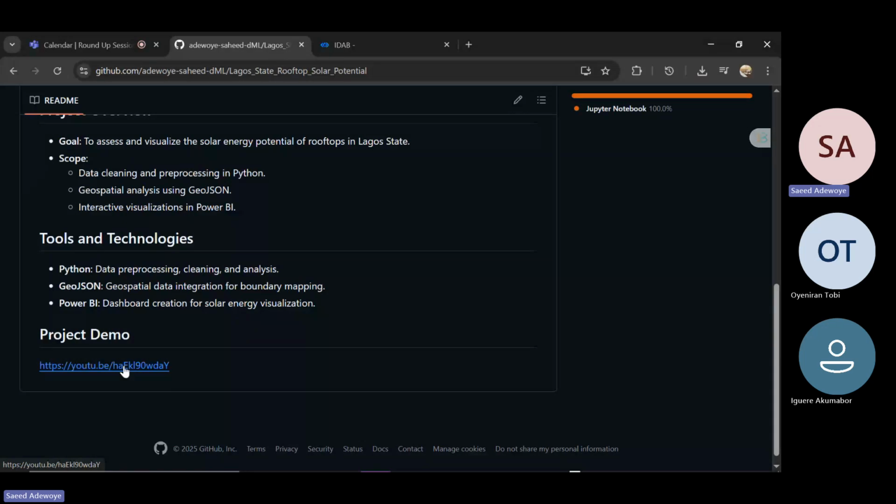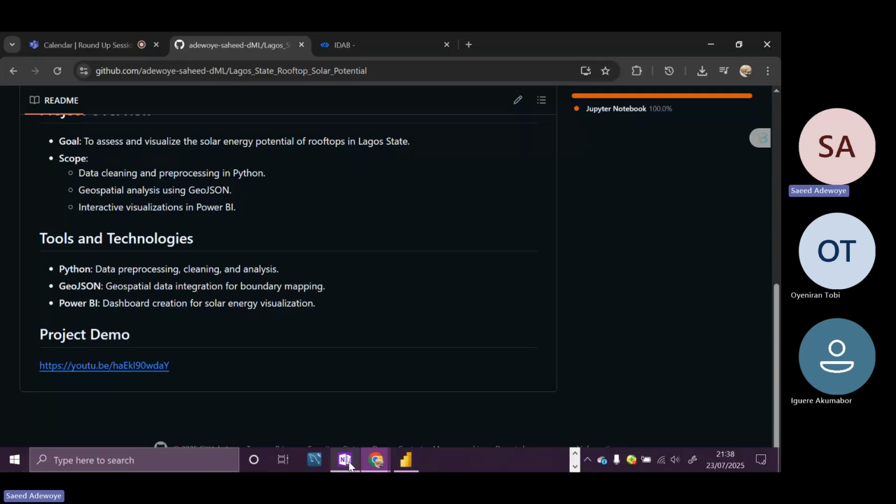There are some projects I did that I put under a playlist, projects or portfolio, so you have an overview of how to present your data to stakeholders without all these jargons. So let's proceed.